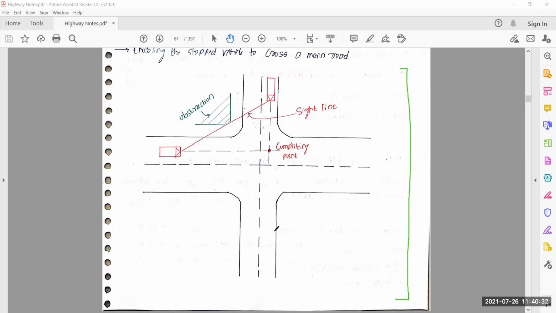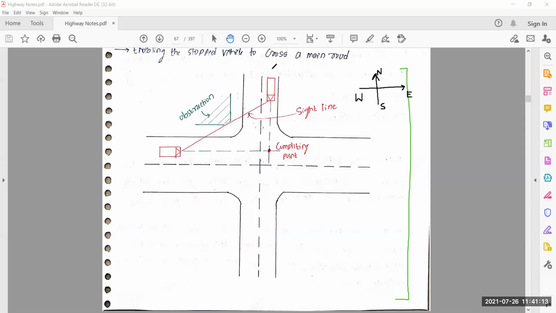That means here you have a road, and here you have a road. If you mark the directions, just wait, I'm marking the directions. This is the north direction, this is the south direction, this is the east direction, and this is your west direction. Here you see from north to south or south to north, a road is moving. Also from west to east or east to west, a road is moving.